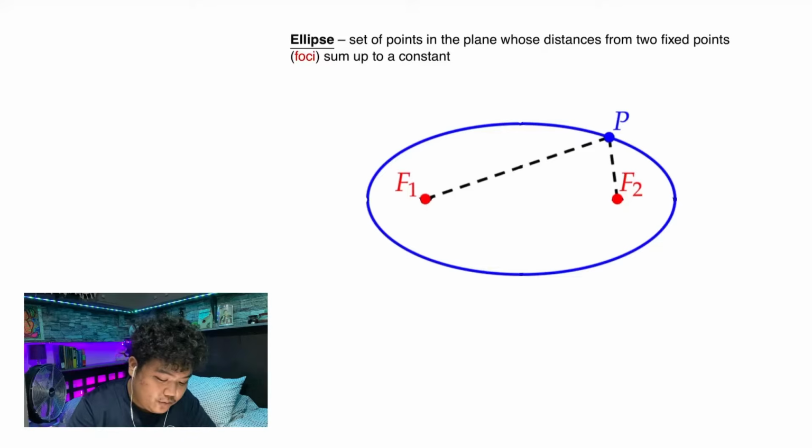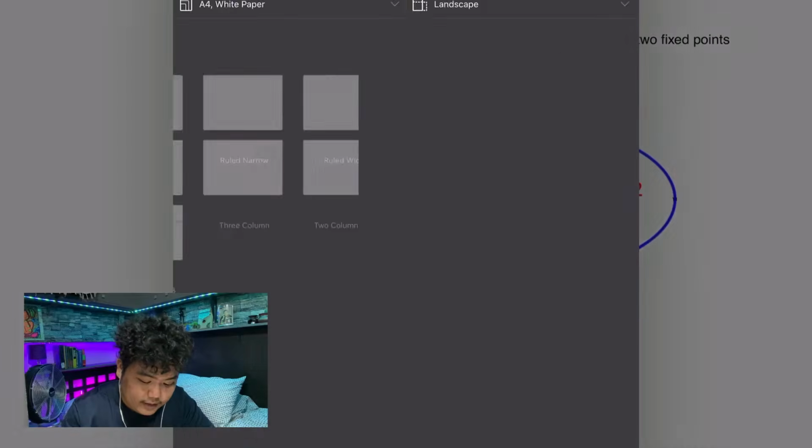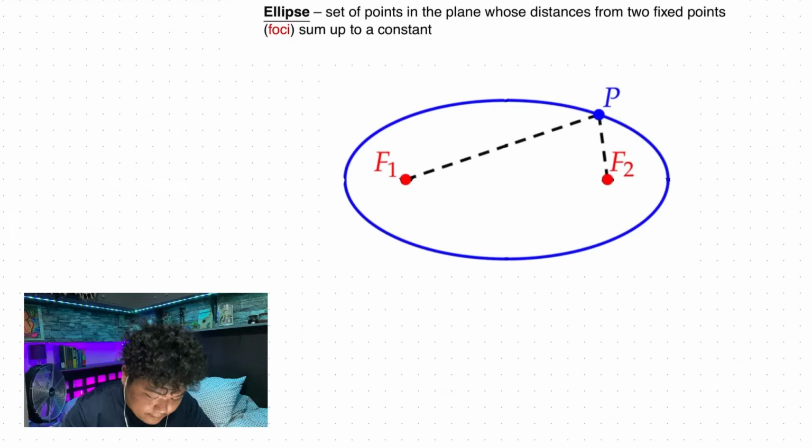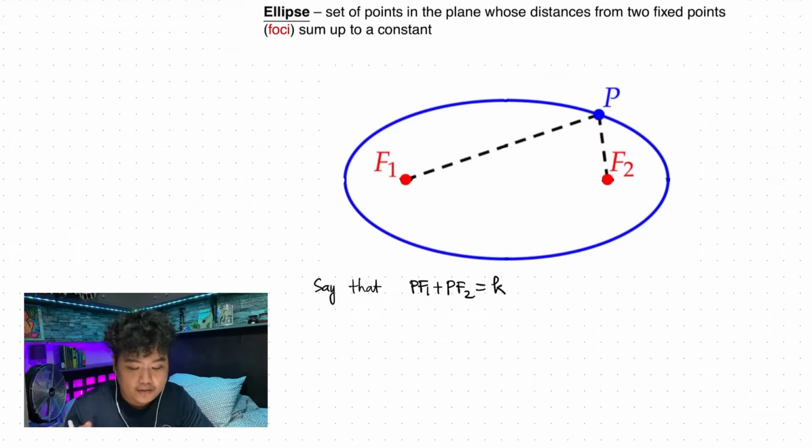So, to restate, I want to have dots in my background so that my writing isn't hidden. Okay, so say that PF1 plus PF2 is equal to some constant K. It's just a number. Then, if you take any point on the ellipse, let's say point Q,